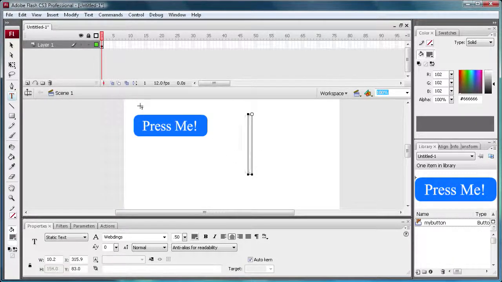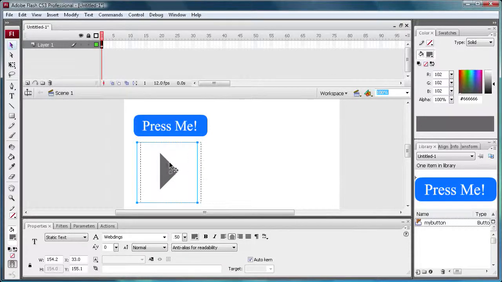So now I'm just going to type 4. So let's say we want to use this forward button as a play button, like we did in my previous tutorial with the image gallery. You probably didn't notice any problem with the last tutorial, but if you were to use that same button and there was a button underneath it, then you would have some serious issues because of the hit